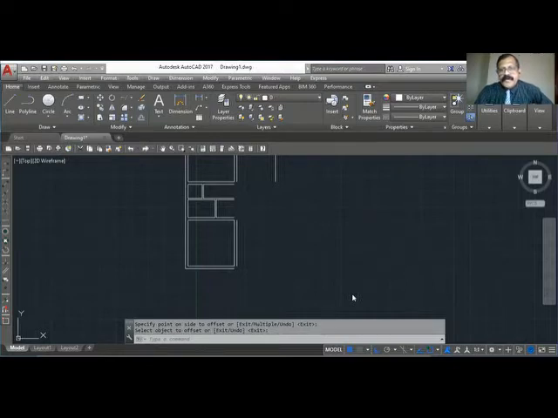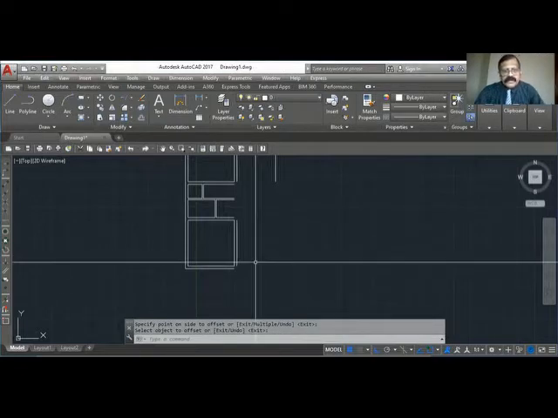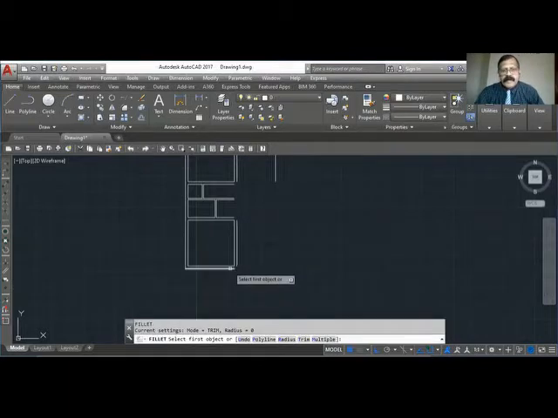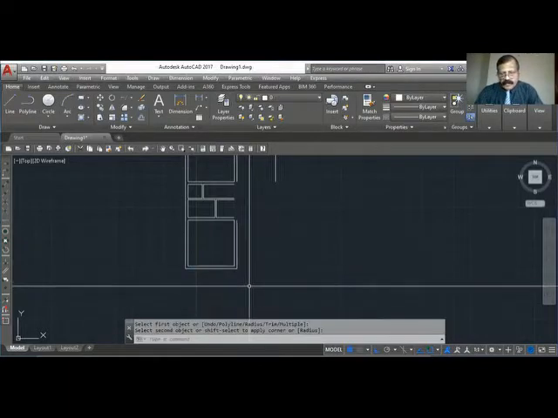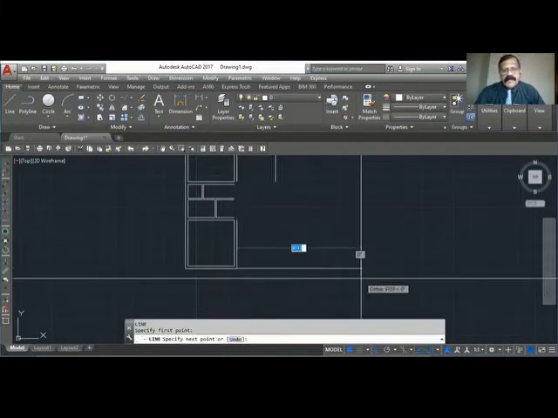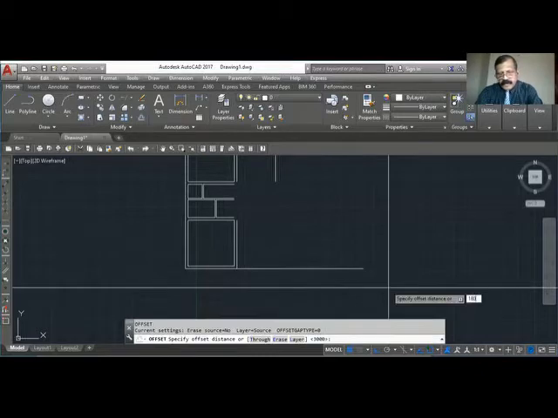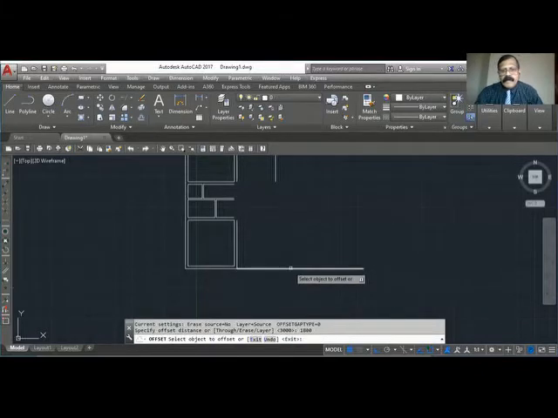So if you want to get this line, reduce 100 from there, so 1.7, and add here. Okay, so 1.8 itself you can use. First, I will finish here, fillet. I will draw a line from here, offset 1,800. So this is the sit out.